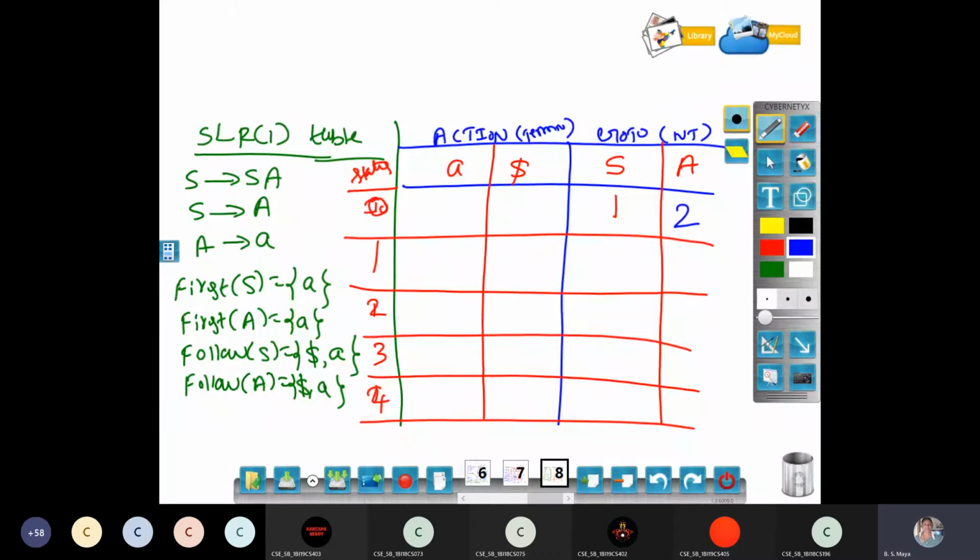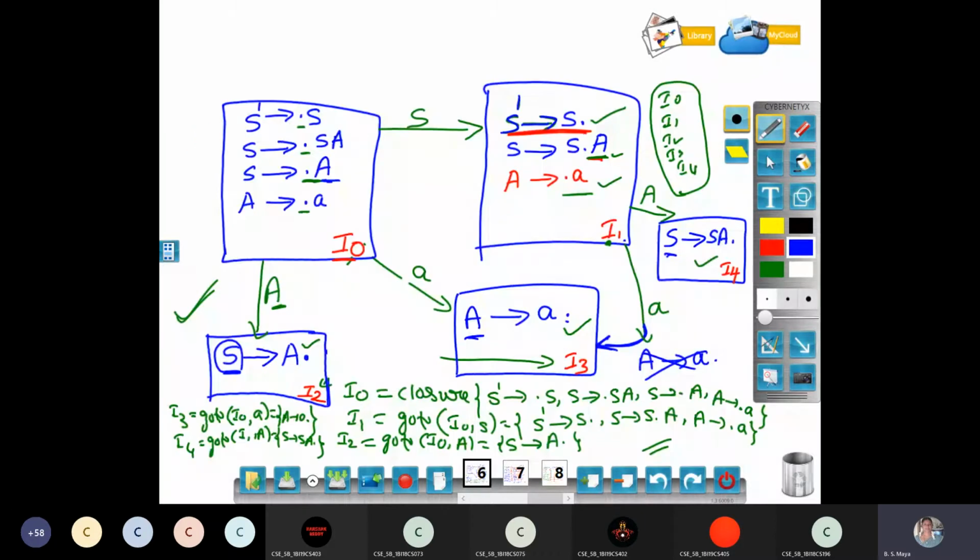Then you check your finite automata. Capital S is over, capital A is over, the goto function is over. Then you write the action part, which is written using the small a. In the I0 state, reading small a, it goes to state I3. Instead of writing just the number 3 in the action part, you should write S3.